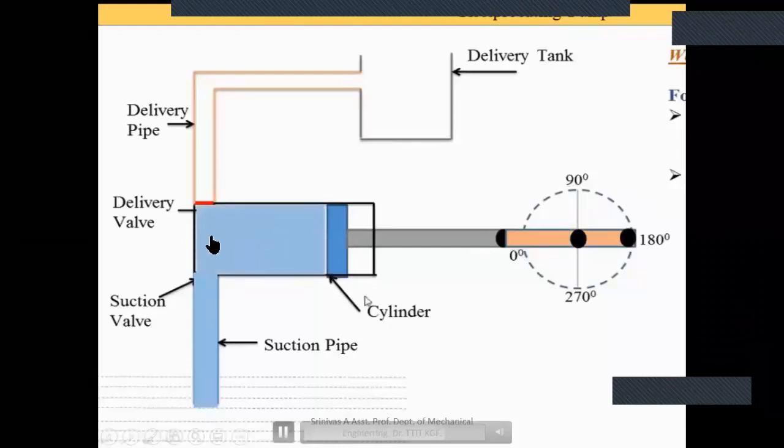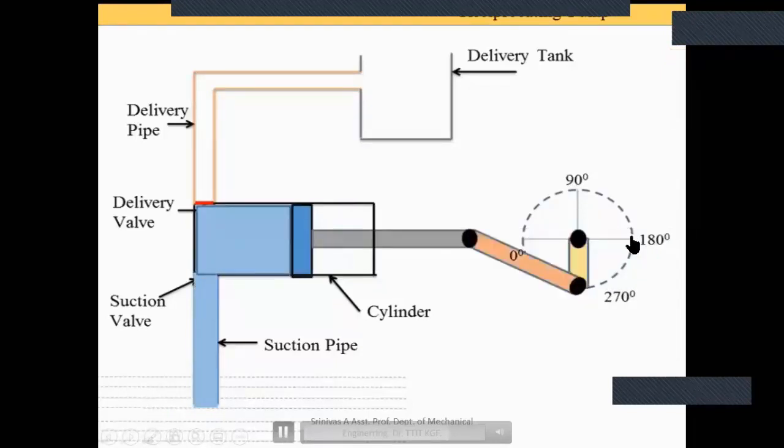Then the cylinder will be completely filled with water. During that, the suction valve is open. And when it goes from 180 to 270, that is the delivery stroke. When it starts, the suction valve gets closed. When it is starting, the delivery valve is about to open and the suction valve is closed. And when it reaches 360 degrees, the suction valve is completely closed and the delivery valve will completely open, and